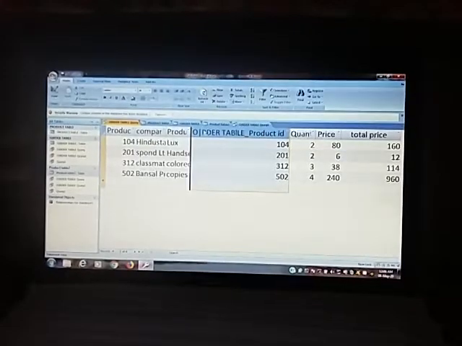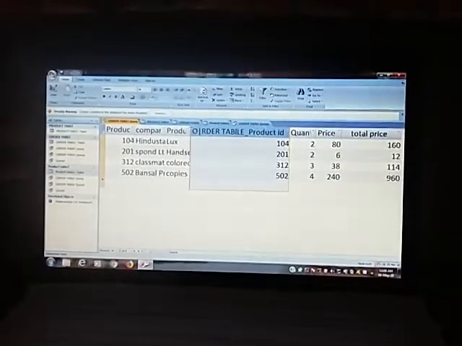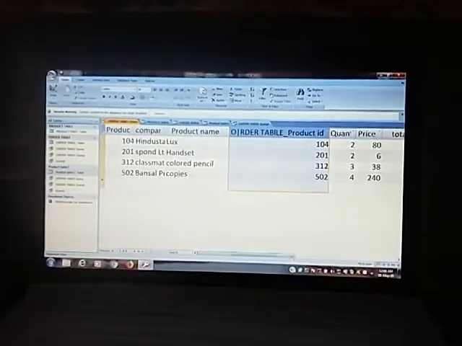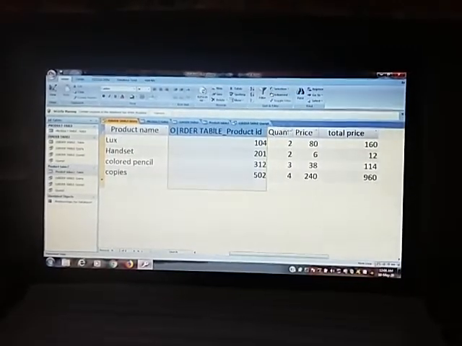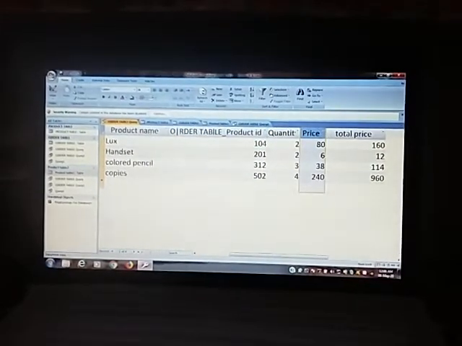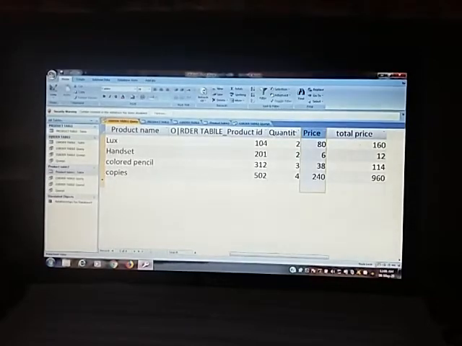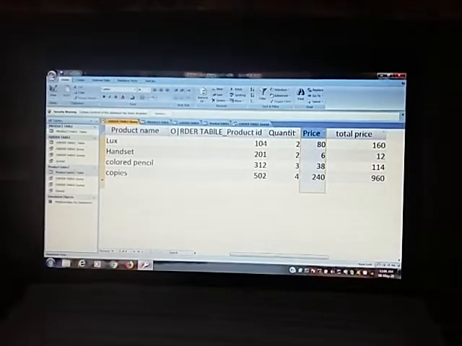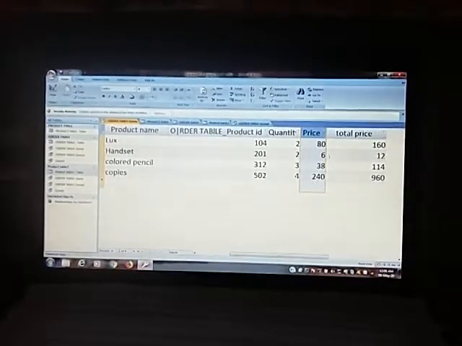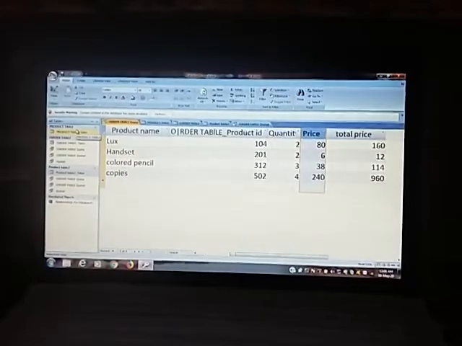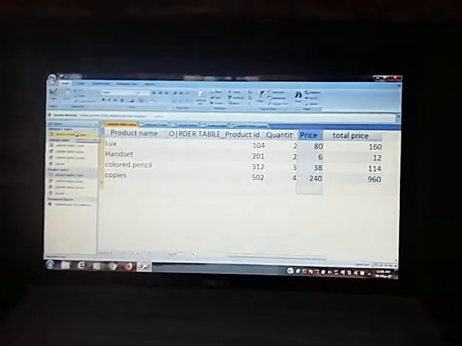Here we write the order table, product ID, and after that quantity, and it will show the quantity and price. Through the calculated field we can find out the total price. The total price is 160, and in the same way quantity is 2, price is 6, so 6 into 2 is equal to 12.